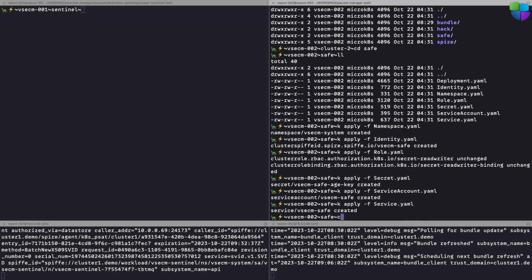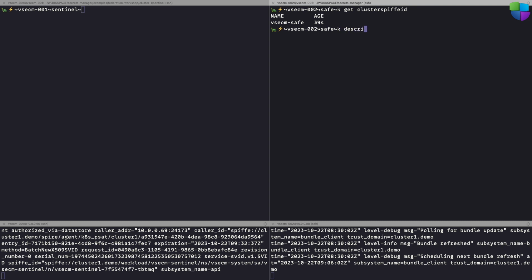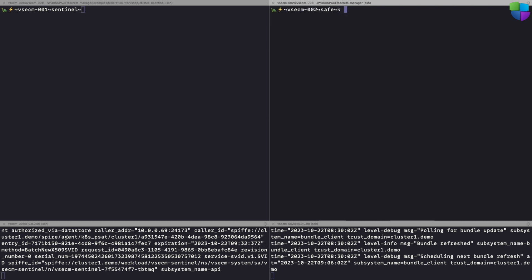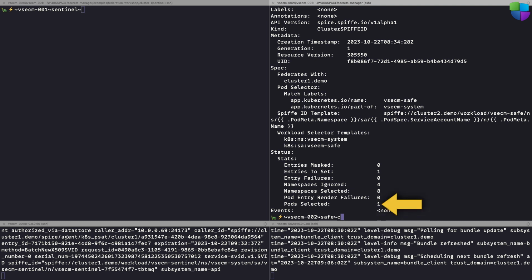When I run a kubectl get ClusterSPIFFEID vsecm-safe and then describe it, we see no matching paths, as expected. Let's do a kubectl apply -f deployment.yaml to install the pod for the ClusterSPIFFEID to match. And when we describe ClusterSPIFFEID vsecm-safe again, we now have a matching pod, which means VSecM Safe